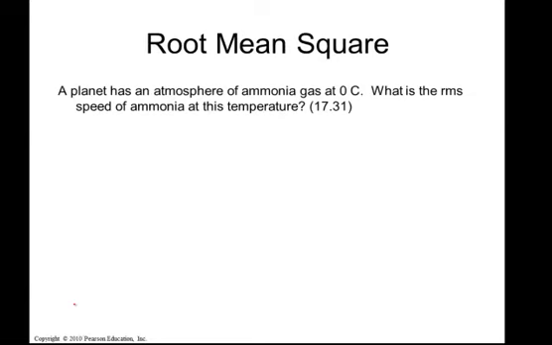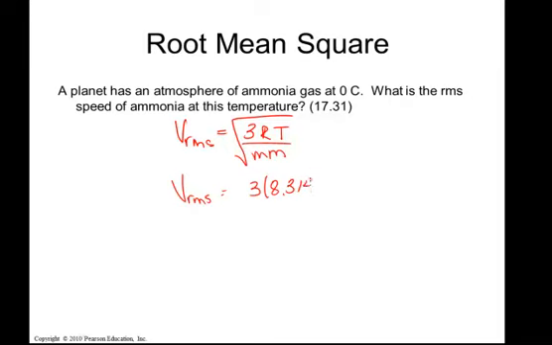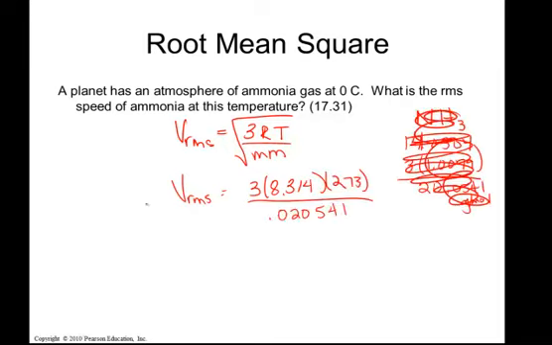So here's an example, and they want me to find the root mean square speed. So I'm going to take 3 times R times T divided by the molar mass, and I'm going to have to square root all of that. So 3R, R is my ideal gas law constant. T is my temperature in Kelvin, so 0 plus 273. Okay, I'm going to have to find my molar mass for NH3. So nitrogen is